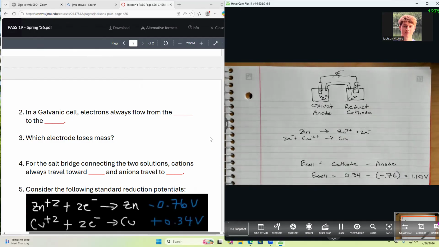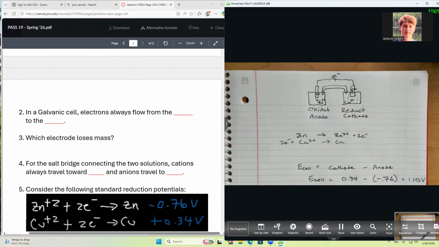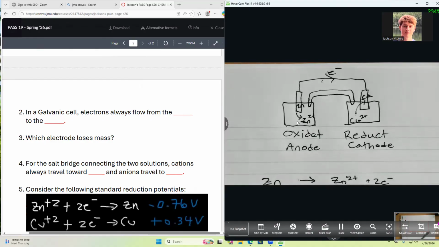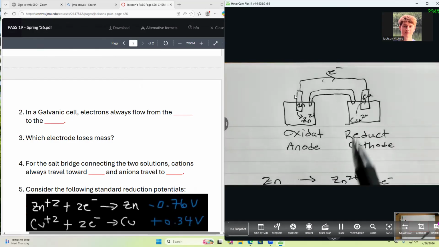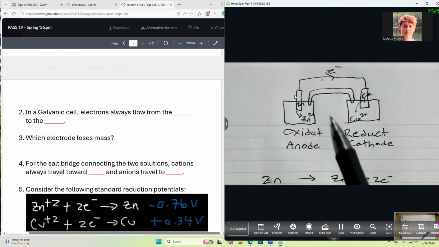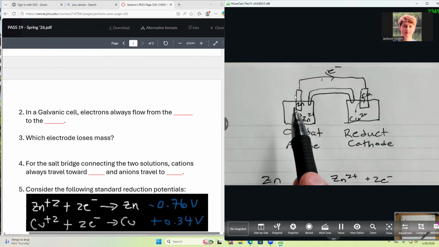Which electrode is losing mass throughout the process? As a hint, take a look at where the arrows are. One of them is an arrow going away from the electrode, and one is an arrow going towards the electrode. The electrode specifically. Yeah, it's losing electrons. So we're going to say that the anode loses mass throughout this process